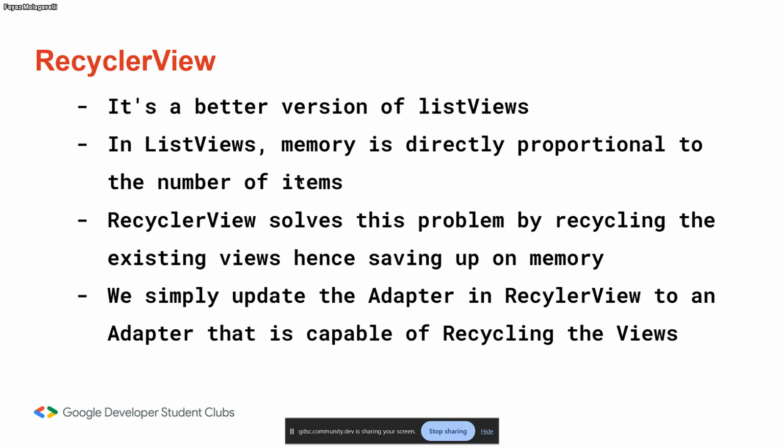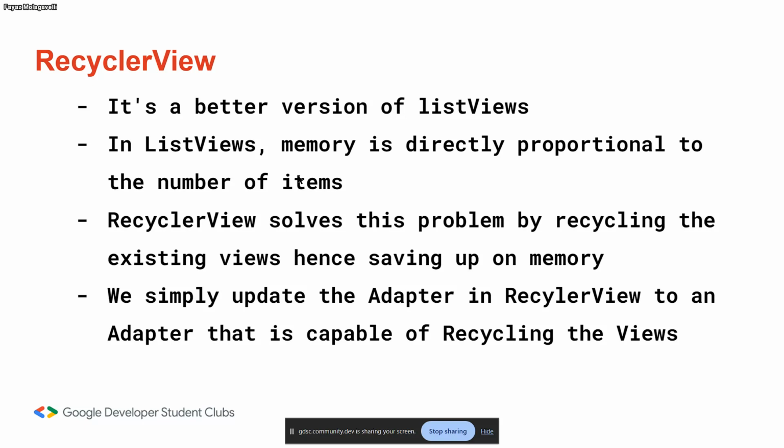This list view and recycler view are both the same, but recycler view is just a better version of list view. Everything looks the same in list view as well as in recycler view, but recycler view is just a flexible way of doing a list view. In list view, memory is directly proportional to the number of items. As a simple example, if you are going to store 1,000 names and you use list view, it will create 1,000 view items,